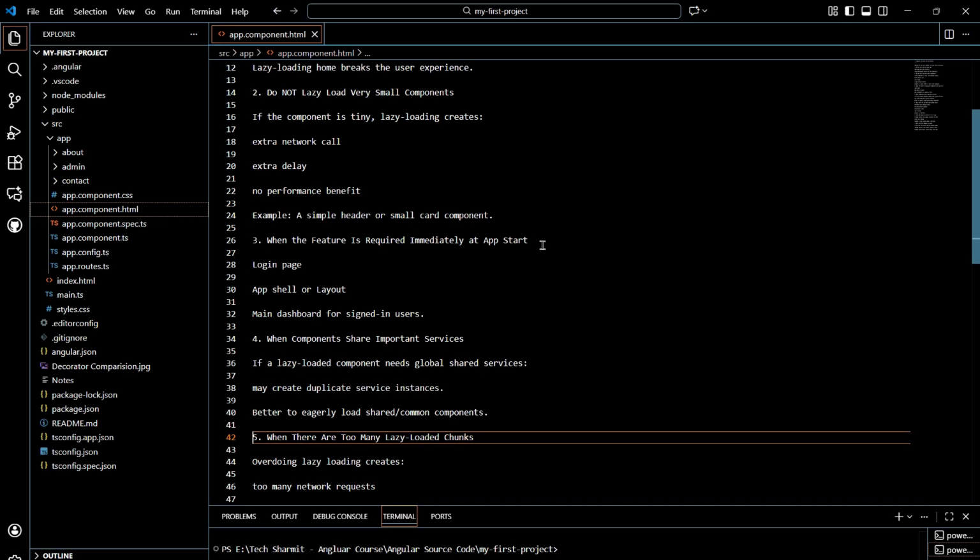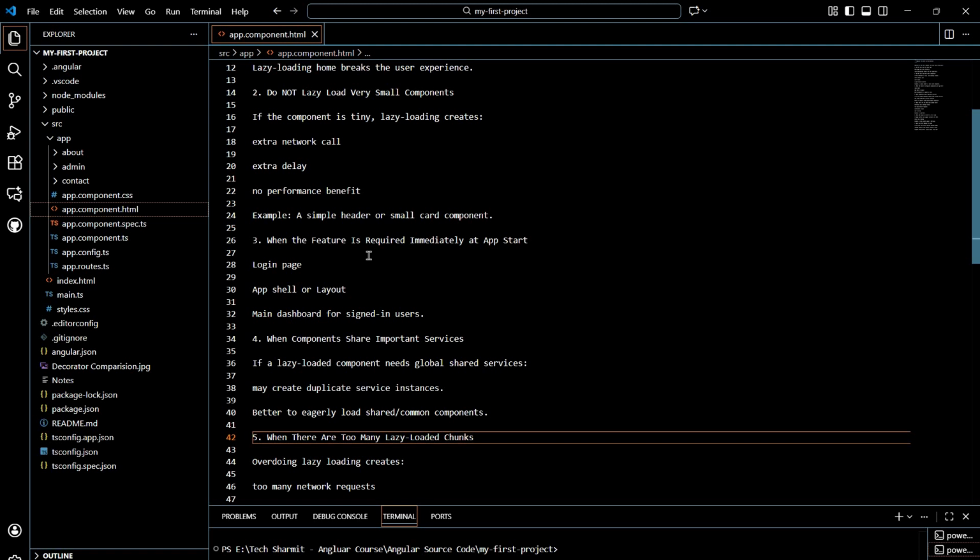Now you know that when users open the app at startup time, these are the features that should run immediately. These features should not wait extra. So in those situations, we will avoid applying the lazy loading concept. Why? Because if you applied lazy loading to those features, then it will load only when the user wants it, right? And due to which it will cause performance issues. So it is always recommended to not use lazy loading for the features which are required immediately